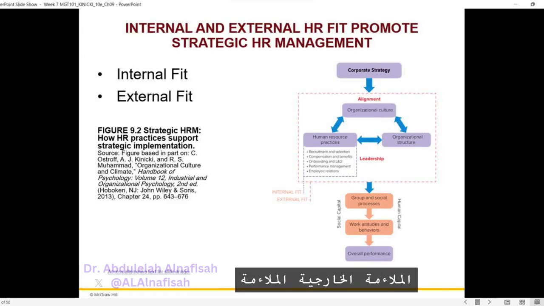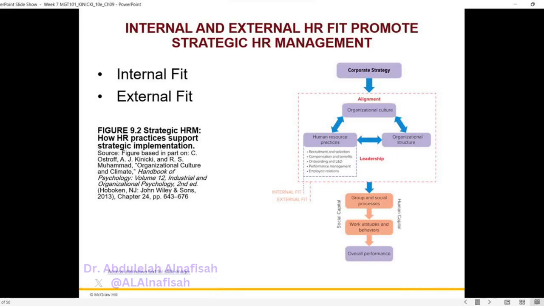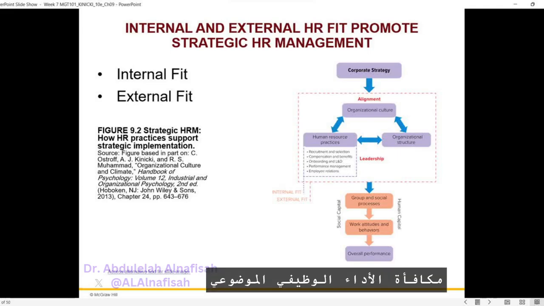2. External fit. External fit occurs when the HR system is aligned with the organization's culture, structure, and overall strategy, supporting the firm-level goals. In the example of a firm competing based on cost reductions and efficiency, external fit can be achieved by implementing practices that align with this strategy, rewarding objective job performance, incentivizing employees to achieve cost-saving and efficient